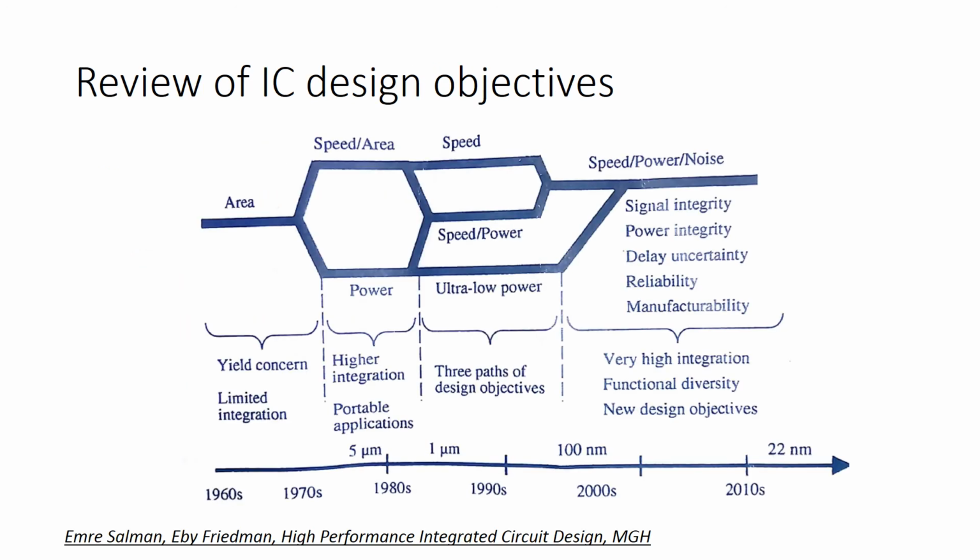Now if we see the evolution of IC design, then we can demonstrate using the graph which is shown in this slide. Initially, when they started the integration in 1960, that was small scale integration. In that, a maximum of 10 components or devices were packed. At that time the design goal was area: how we can reduce the area of the circuit.